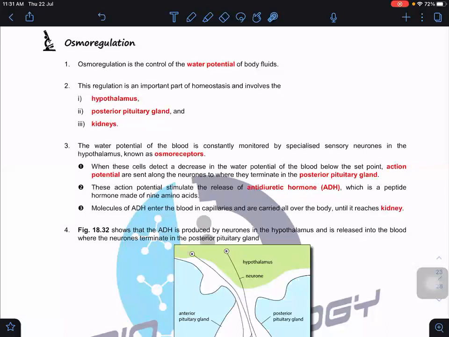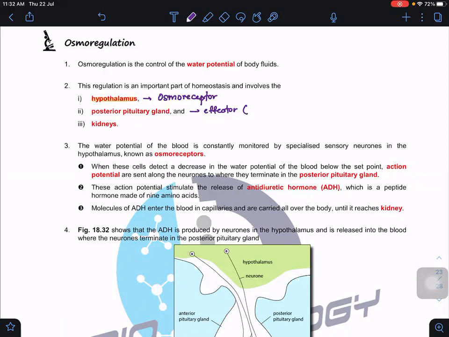So this regulation is important and involves three components. One is the hypothalamus. The hypothalamus is where the osmoreceptor and the control center are located. Then we have the posterior pituitary gland, where the effector receives the output from the hypothalamus and secretes the